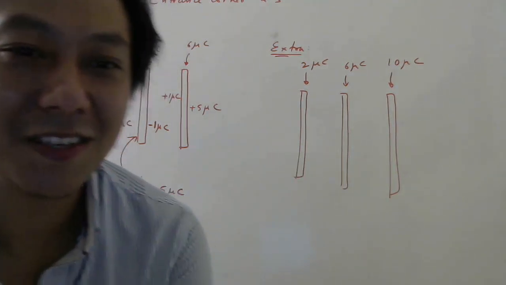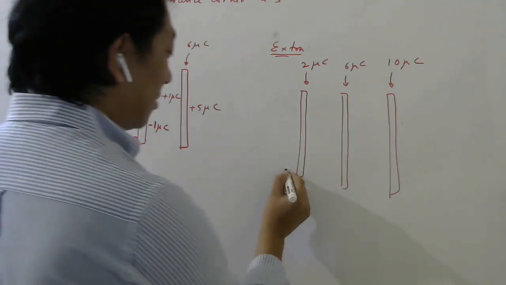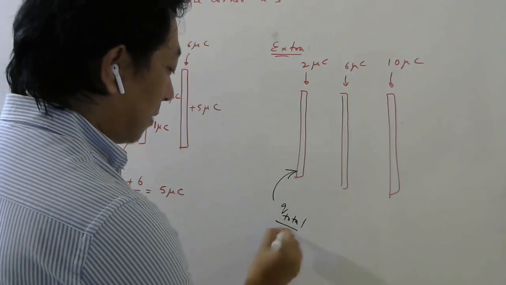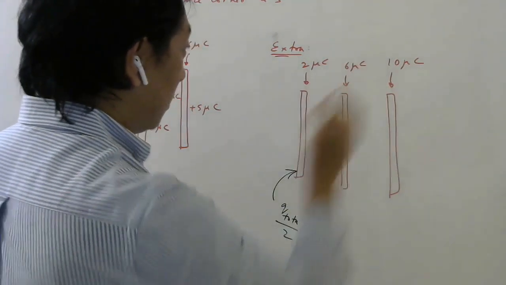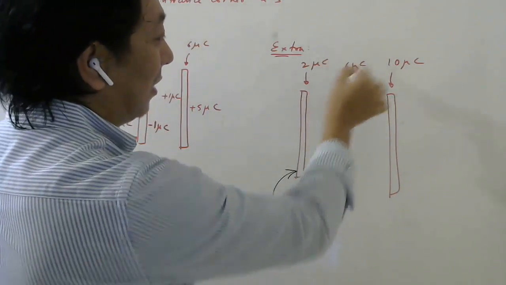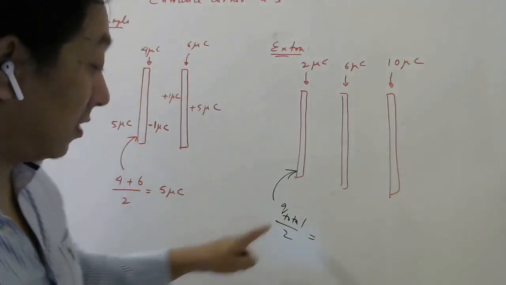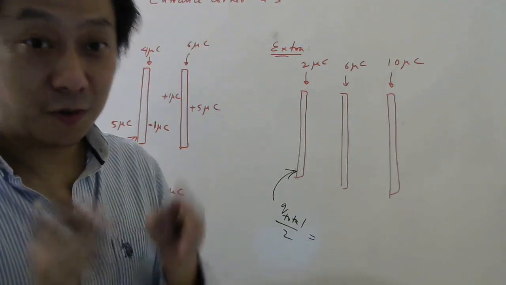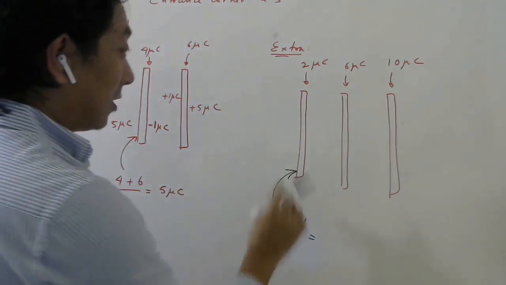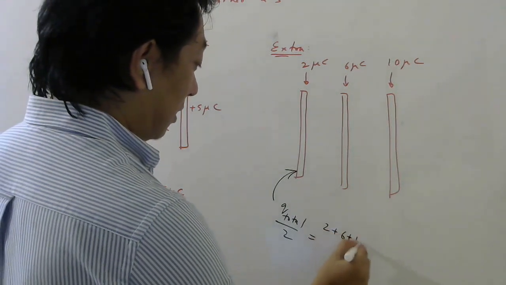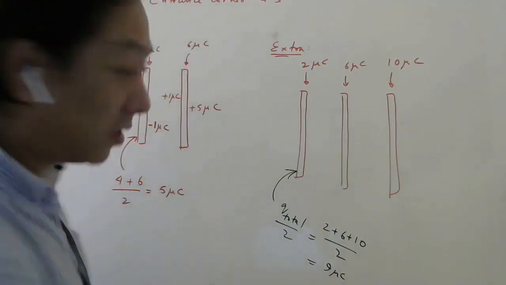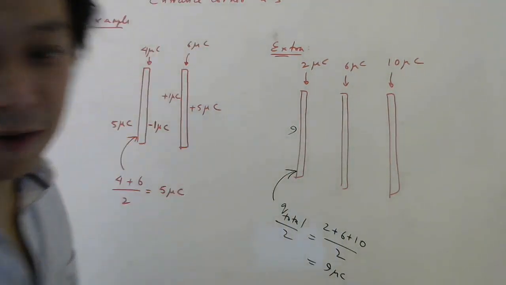It is very, very easy, students, now. Okay, so what you do, first find the charge on the outer face. The rule is simple. Total charge divided by 2. So the total charge which is given is, shall we make it interesting by making it minus 6? Or you try that one. Take it minus 6 and try, okay? Because, see, for total charge you have to use the additivity law, so you have to do algebraic addition when you add charges. So total charge will be how much? (2 + 6 + 10) divided by 2. So 18 by 2 will be 9 microcoulomb. Right, students? So this will be 9 microcoulomb. I will not write, you know.